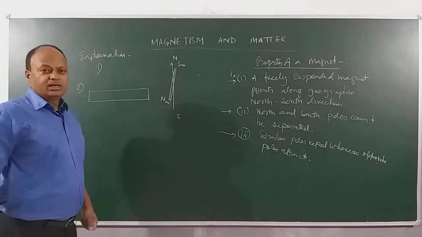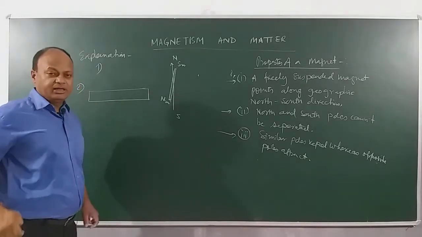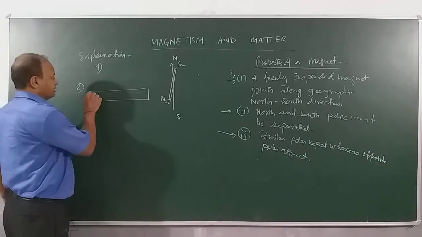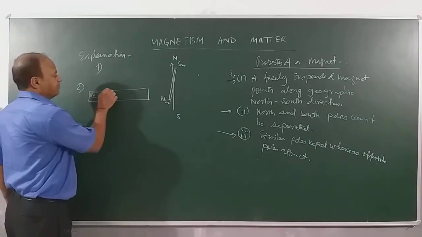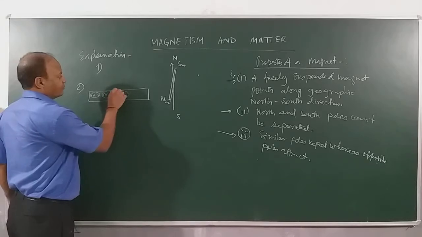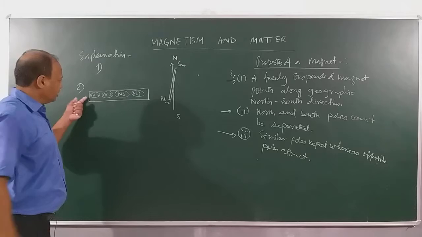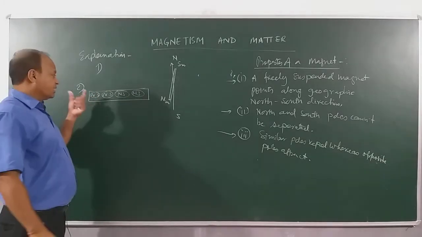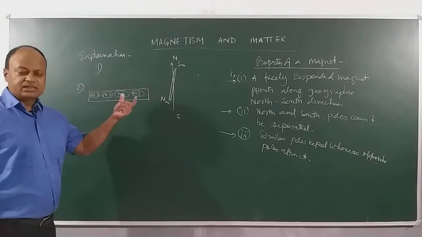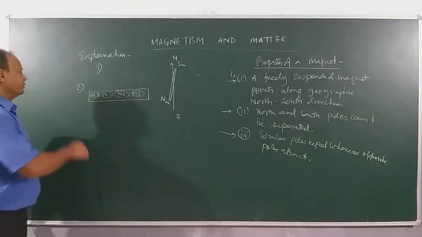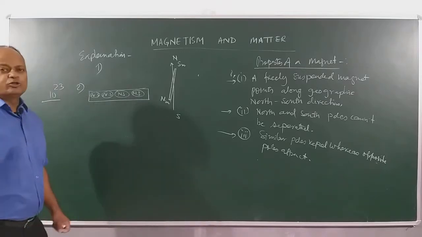that a natural magnet or a permanent magnet is made up of molecular magnets, meaning it is made up of these tiny magnets. This is the north pole and this is the south pole. Each molecule acts as a magnet. Similarly, there will be many more. This is a magnified view. There will be a very large number of molecular magnets. If you take 1 centimeter cube, then there will be around 10²³ molecules which will be magnetic.